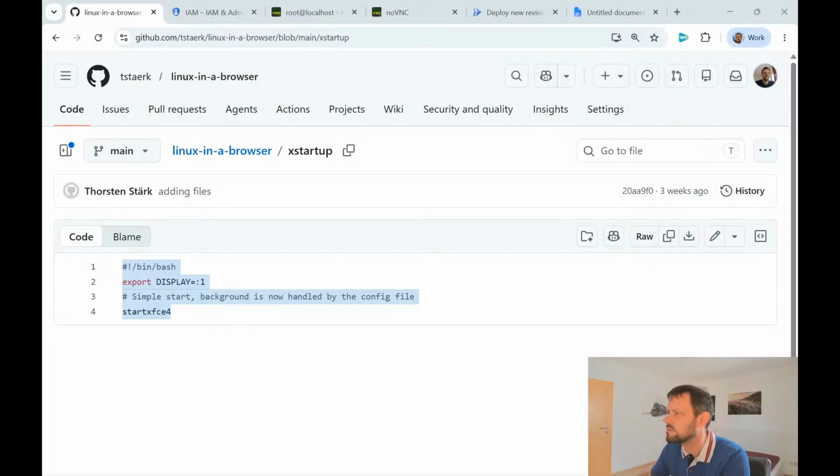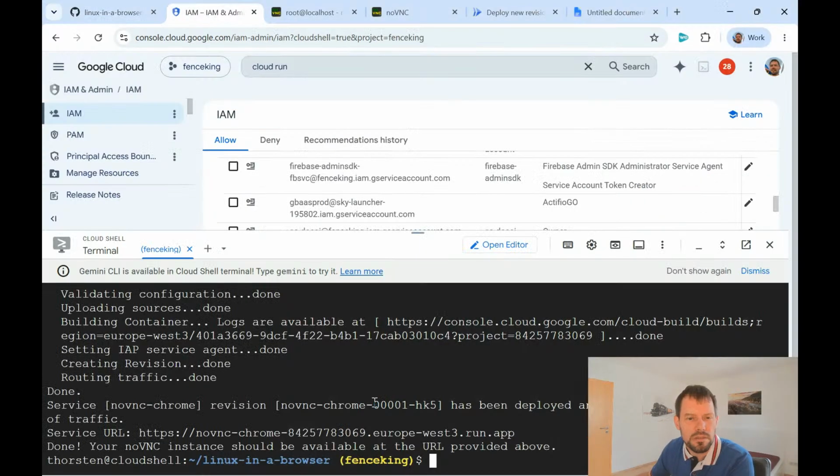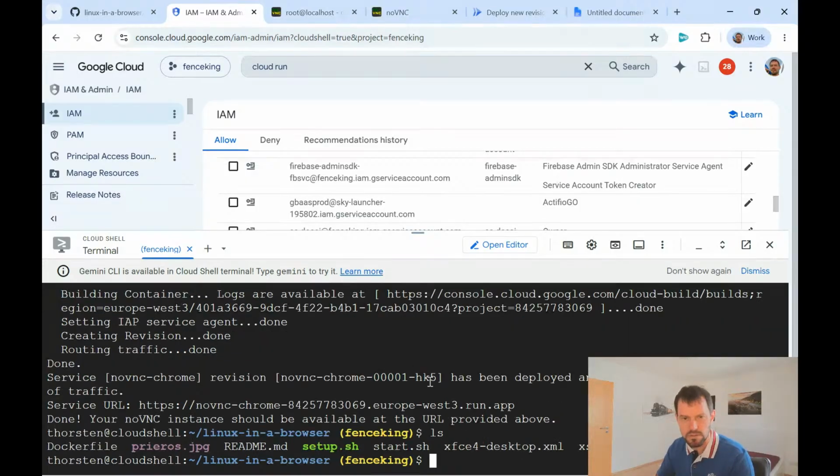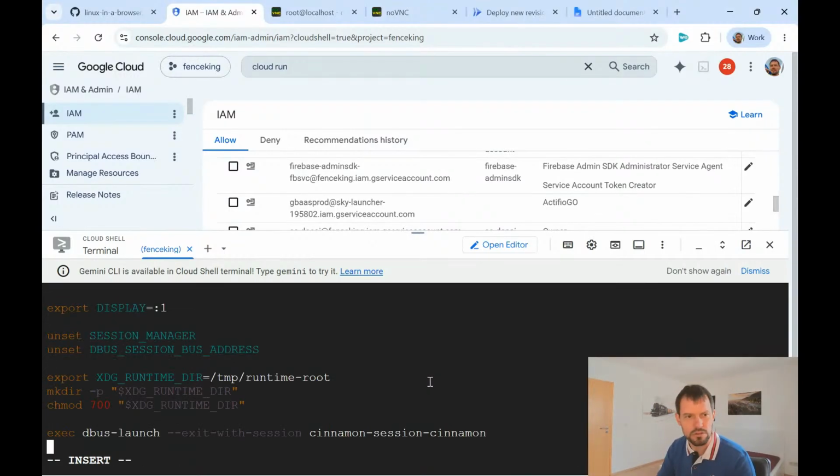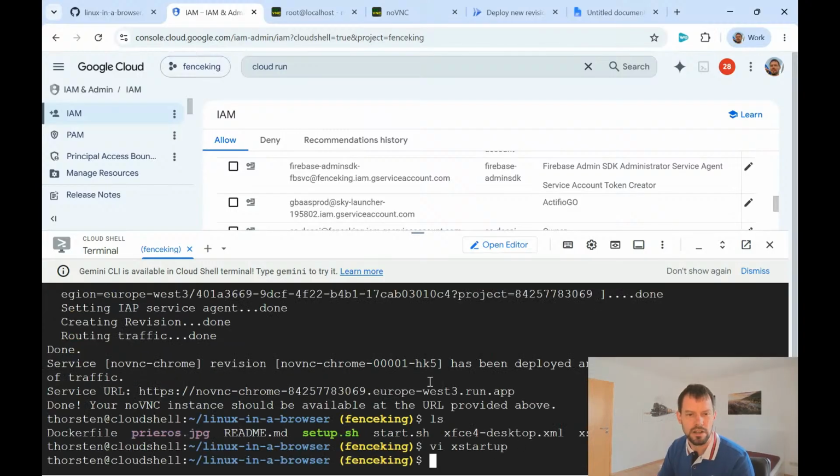Try this here. I'm going here. I'm changing X startup. dd deletes, I inserts, Control V. Escape :wq writes, and now we also have to